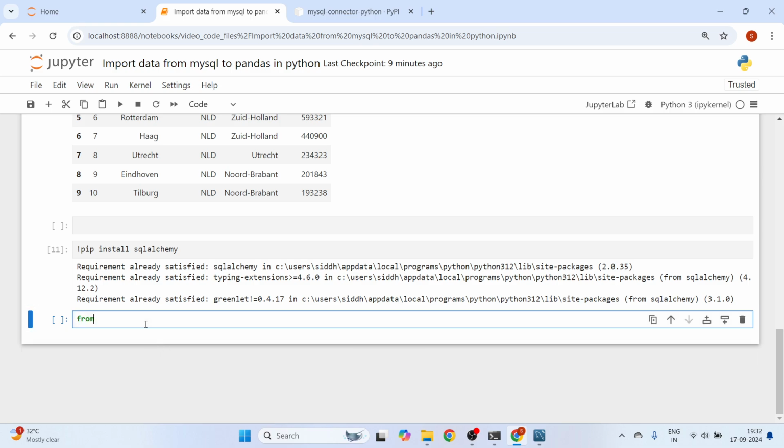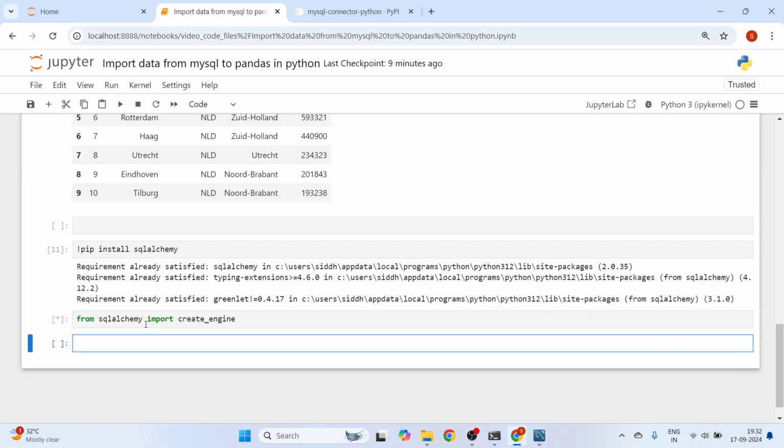For the import statement, say from sqlalchemy import create_engine. Next we need to set up this engine with the connection string. For that, I'll say engine is equal to create_engine that we have imported from SQLAlchemy. And here we need to pass a string. That string would be